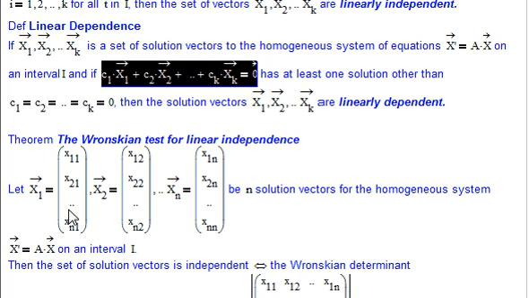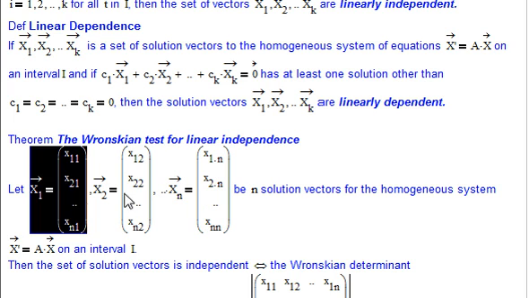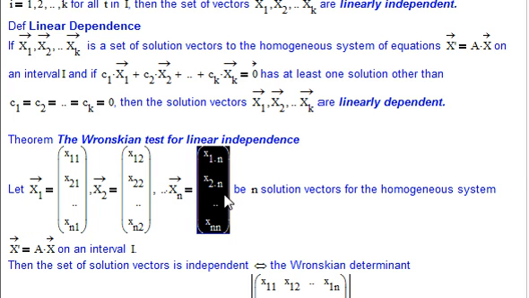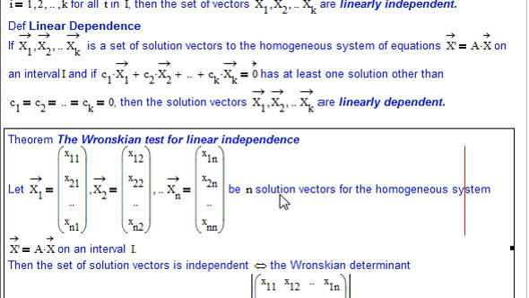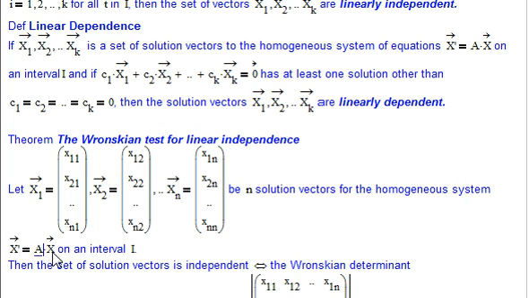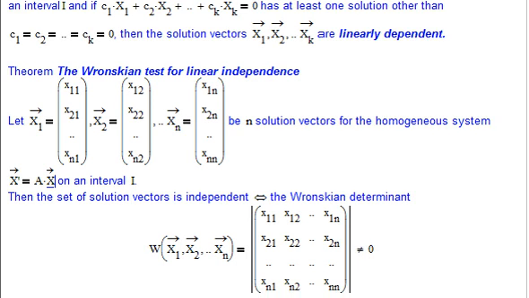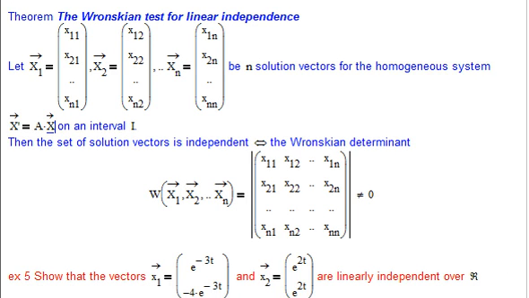But there's an easy way to do that, because if you want to test for linearly independent solutions, we have a bunch of solutions that look like this. They're vectors, right? If that's n solution vectors for the homogeneous system x prime equals matrix A times vector x on an open interval I, we can check that they are linearly independent because the set of solution